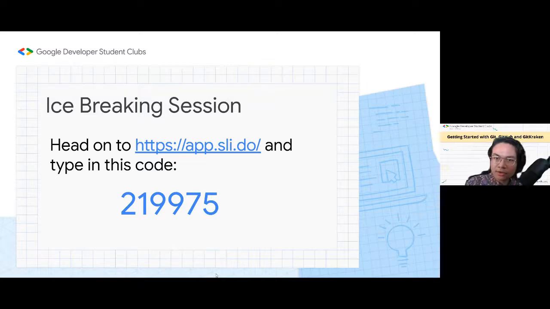What's going to happen is that on that Slido, there are going to be some questions on the screen, as well as some Q&A questions. Basically, it's just some random questions that you guys can answer, and we've prepared them for you before. So if the QR code can appear right now,